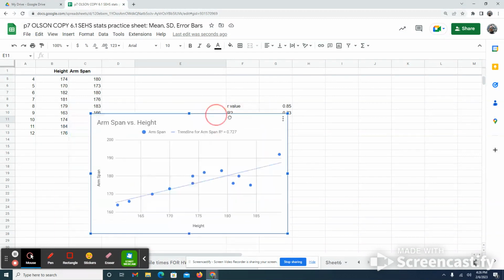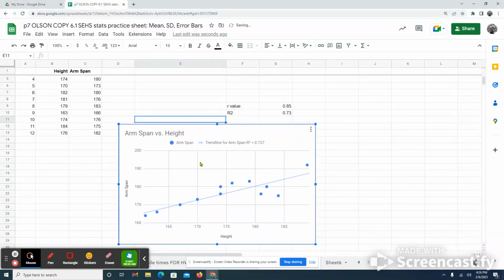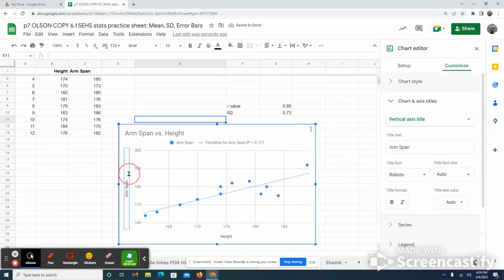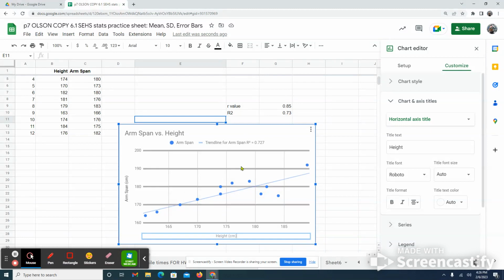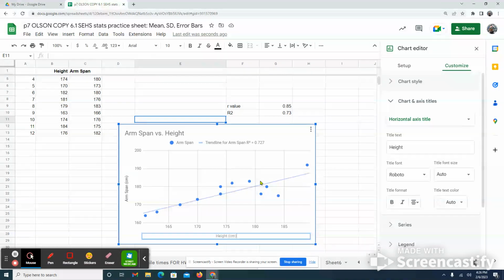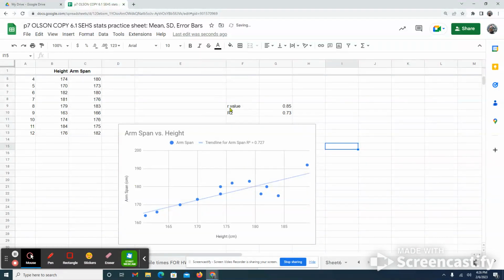here we go, graph titled Arm Span versus Height. I probably want to correct my units here. Make sure that I'm labeling my axes properly by adding the units. I'm happy with the way this looks. I'm happy with my trend line. I'm happy with the way my axes are labeled. And then I've used Pearson's formula to calculate